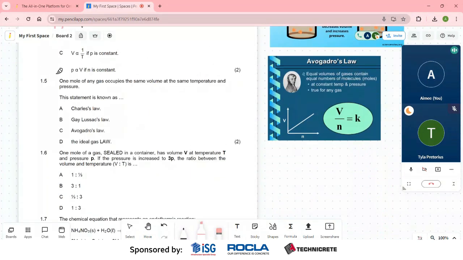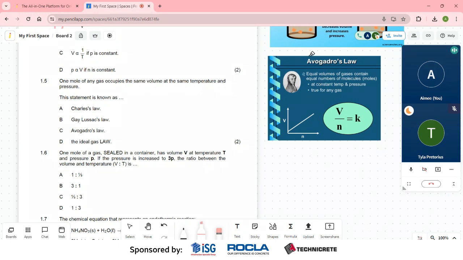Okay? Now we say 1.5. 1 mole of any gas occupies the same volume at the same temperature and pressure. This statement is known as, okay, so guys, you just have to study. This is theory for your gas laws, for chemistry. So if you don't study it, you're not going to know. But if you have a look at my little